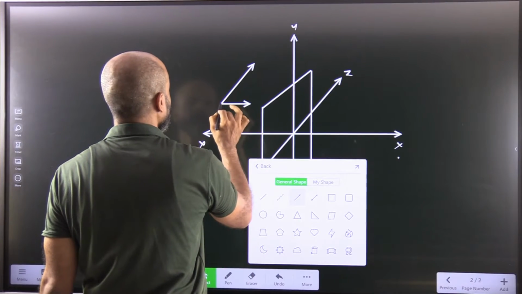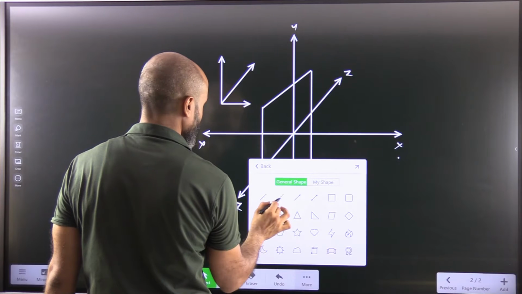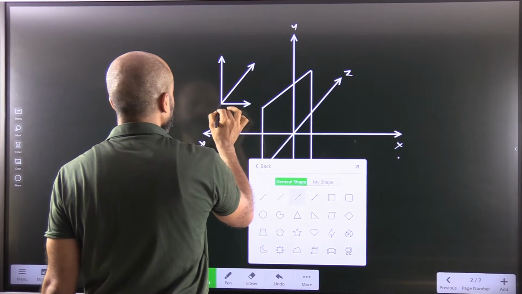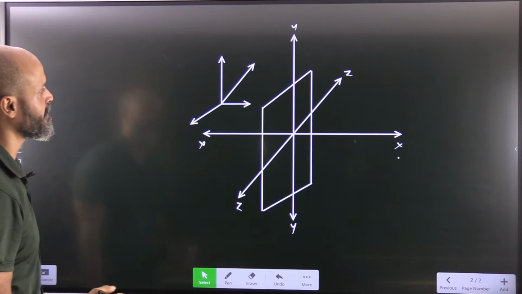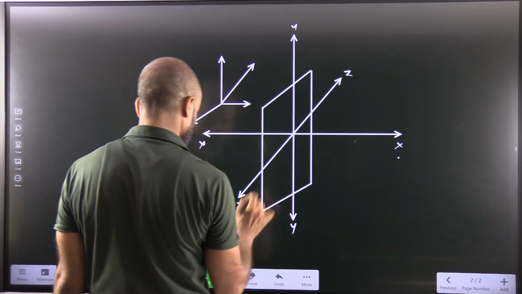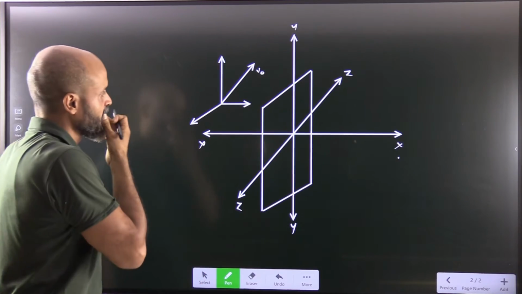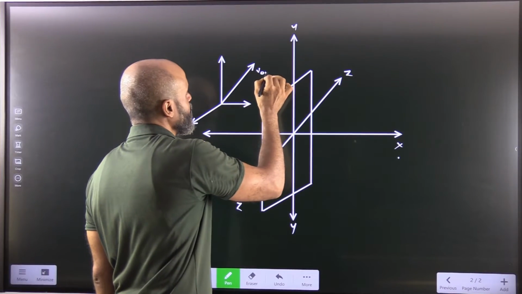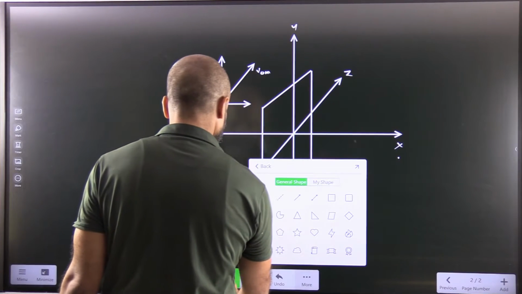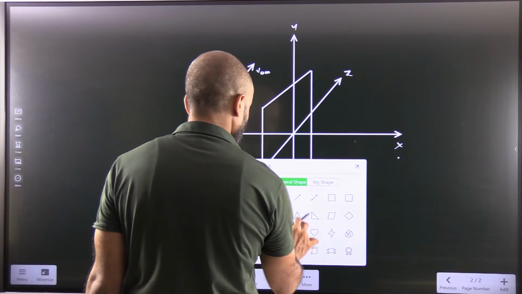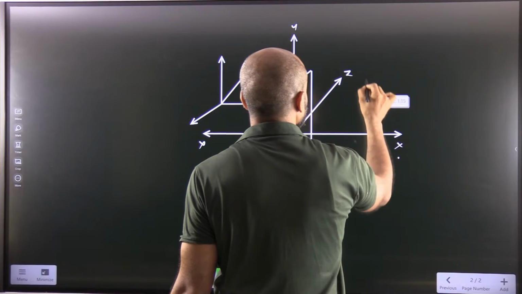And obviously the component of velocity along this one will be this. And we will have a component of velocity along the z-axis. We will have the component of velocity along different axes. So let's say this is the velocity of the object with respect to the mirror. If I change the color here for the image, the image will start to move in this direction.